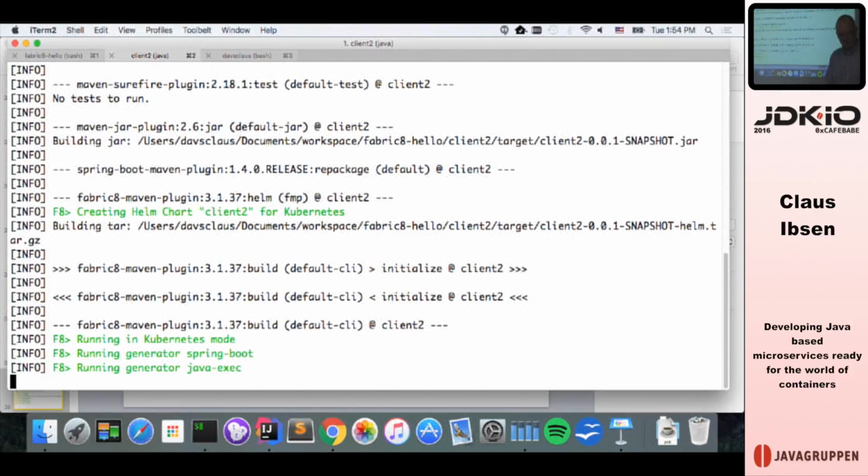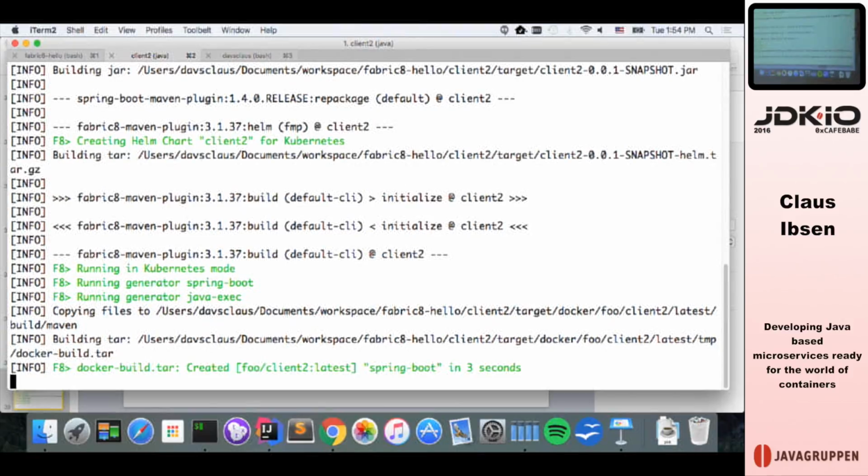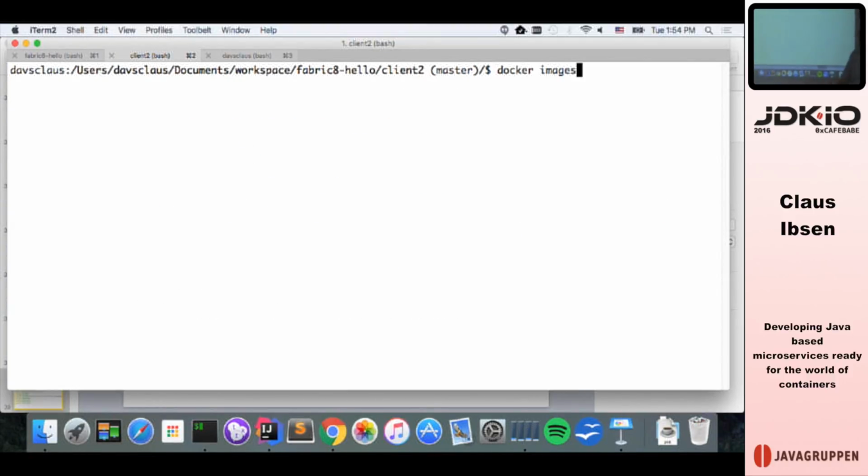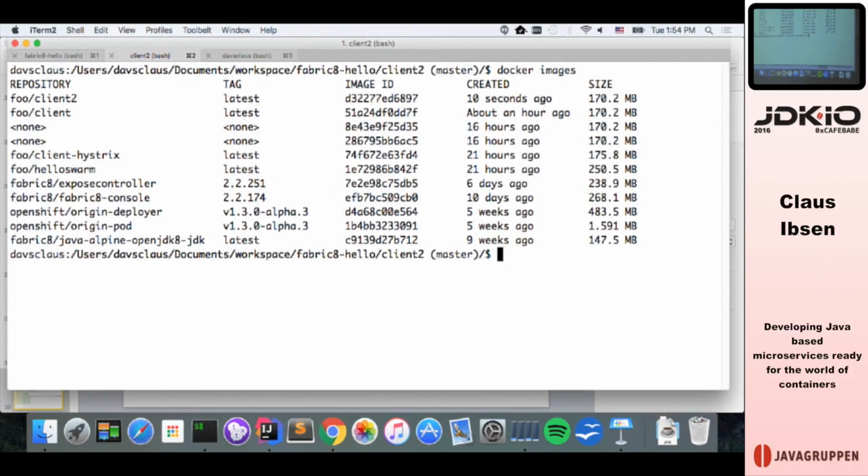And this is something that we are going to detect ourselves and improve in a future version of the plugin. Now it continues, and now it goes down here to build the Docker build. It detected it was a Spring Boot application, so it uses default Spring Boot settings. And now if I do a docker images, which is a Docker command where you can look at all your local repository, what images you have. And the name of this product is called foo/client2. So when I download from Spring Boot and create the application, I call it client2. And the reason for that is because I have built the client beforehand as a good citizen, tried to demo it locally to see if that worked, and then we use the second version. So this is a new one, 10 seconds ago, right?